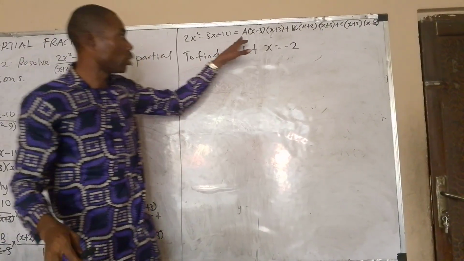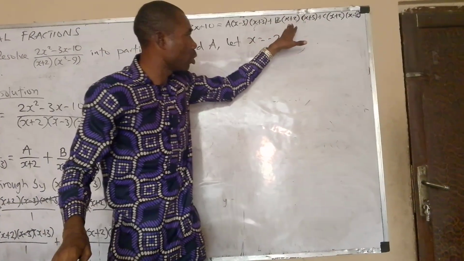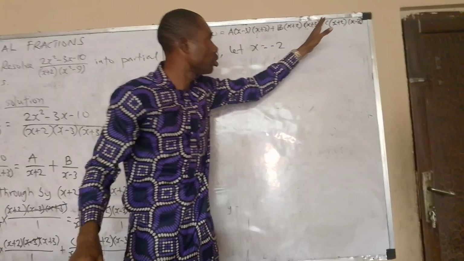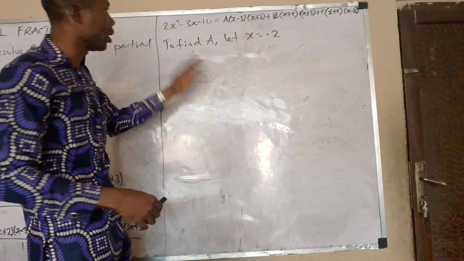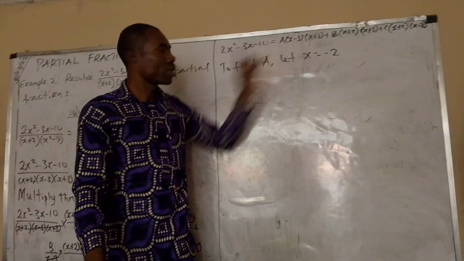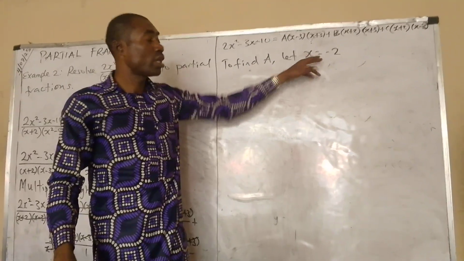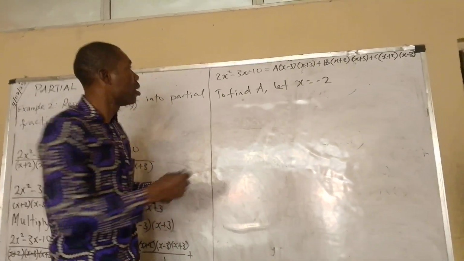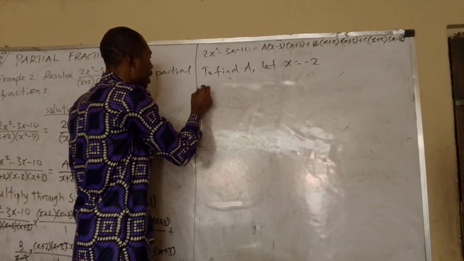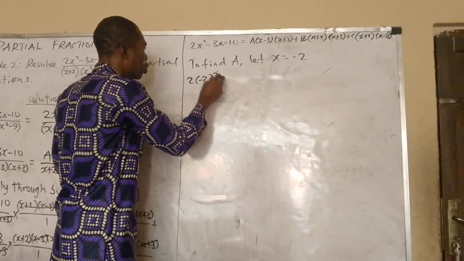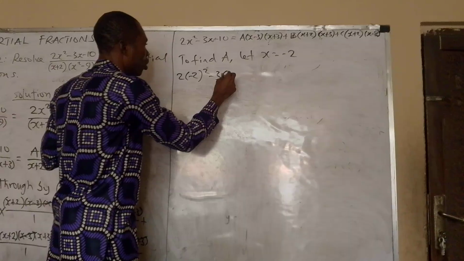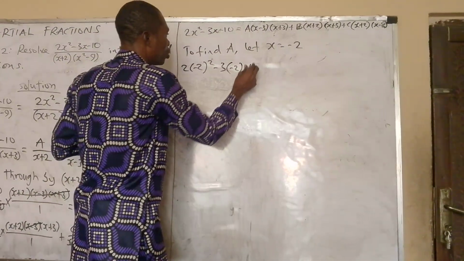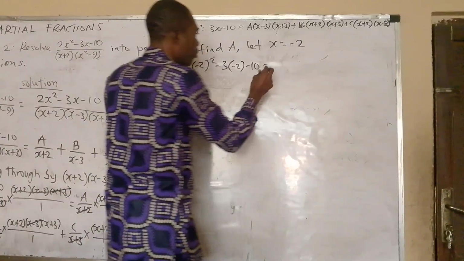Since there is no minus 2 for A here, and that is x plus 2, I can use that to eliminate these 2 and leave my A, so I can find my A. Now it means, in this equation, anywhere I see x, I put what? Minus 2. Now let's continue. For 2 here, x is minus 2 squared, minus, where I see x, I put minus 2, minus 10, equals